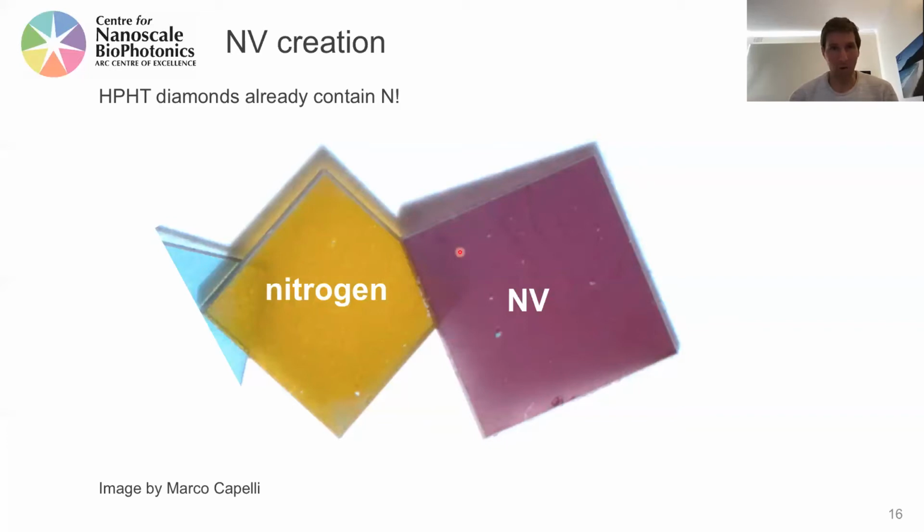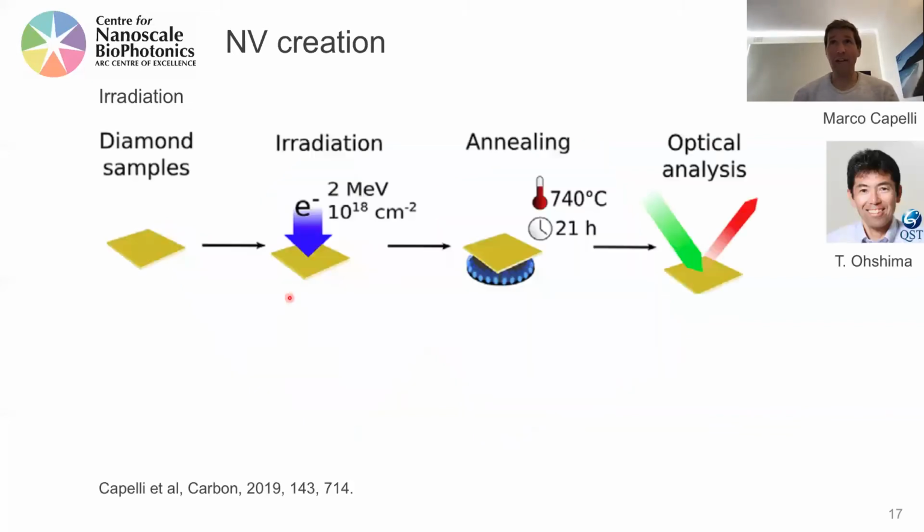As you probably know, there are many techniques of how to do this. What you need to do is create vacancies, right? So we already have nitrogen. In order to create NV, we need the vacancies. And a very common way of doing that is to use electron irradiation. So we start with a diamond sample that contains nitrogen. You irradiate it with electrons to create vacancies, and you perform annealing to enable vacancy diffusion, which creates the NV